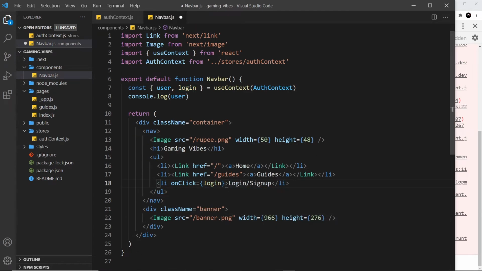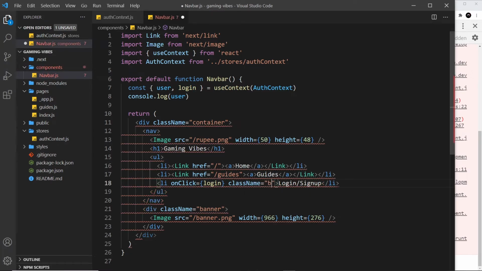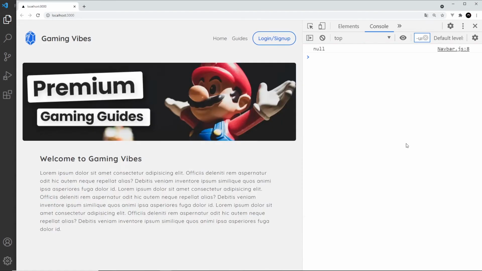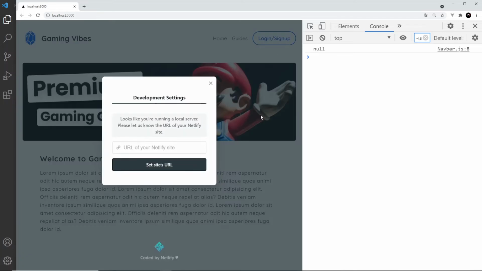And also I'm going to give this a class name as well, and I'm going to set that equal to btn just to style this a little bit. Alright then, so let me save this and come over here, and I'm going to refresh over here first of all. Now when I click on this now, login, sign up, notice this, we get this modal right here,